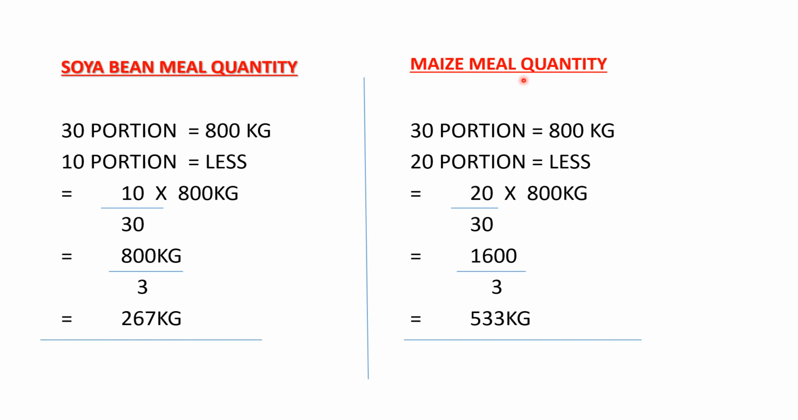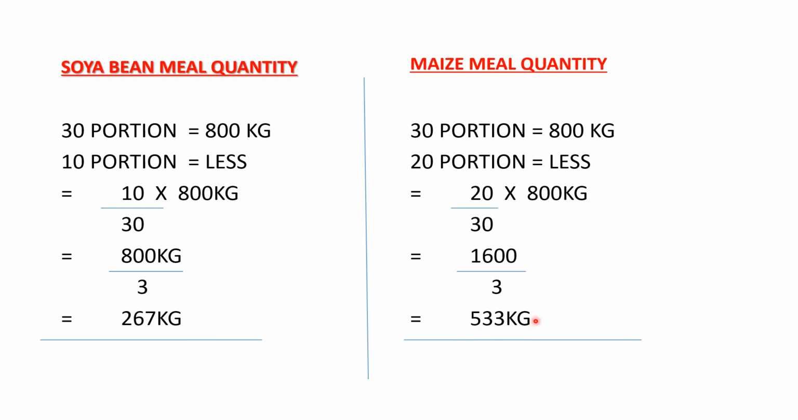From the last step of Pearson's square, we have reached that 20 portions will come from maize meal. So we also say that the total of 30 portions is equivalent to 800 kgs. What about 20 portions? It will also be less. So it will be 20 divided by 30 times 800 kgs. The zeros will also cancel. On top we remain with 2 times 800 kgs, which is 1600, divided by 3 down there. So the answer there will be